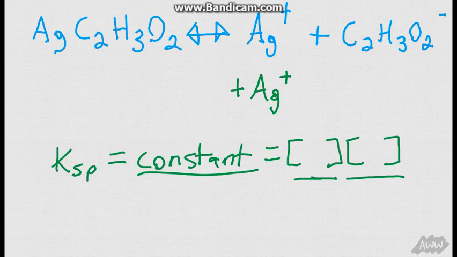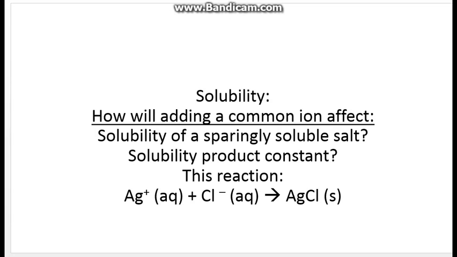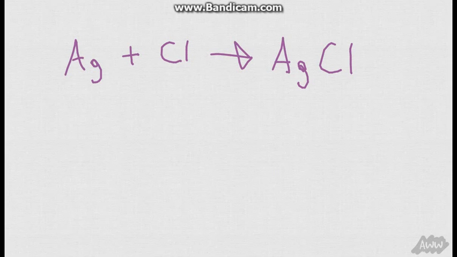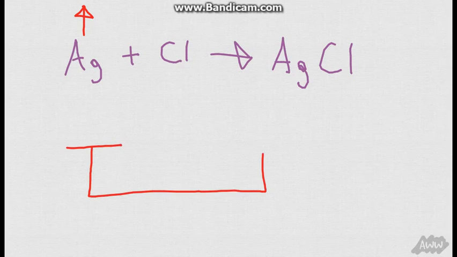And finally, the last question is, how would it affect this reaction? So the way I like to think of these is kind of as a balance. So here we have the reaction which was silver plus chlorine becomes silver chloride. So what happens if we add a common ion? We're essentially going to be increasing the amount of silver. Now in order to balance this, if we think of this as a little balance, if we increase the amount on this side, so now we have more weight on that side, the balance is going to tip down to here,